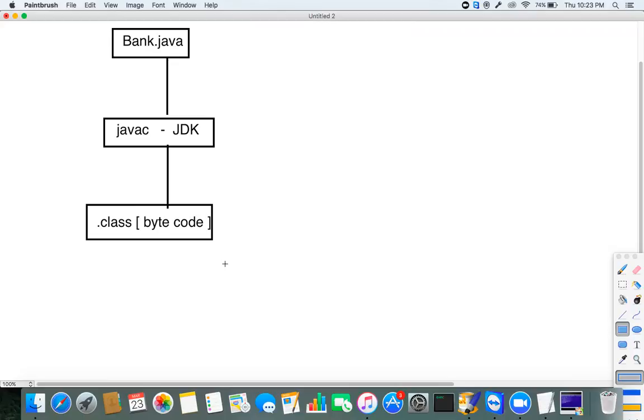Okay, so Java bytecode is not in a user understandable format. You cannot understand this Java bytecode. And the computer cannot understand Java bytecode either, because it can understand only machine language. So by using this,